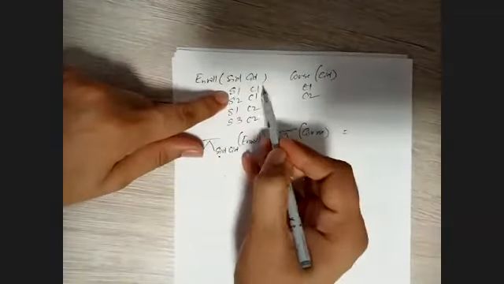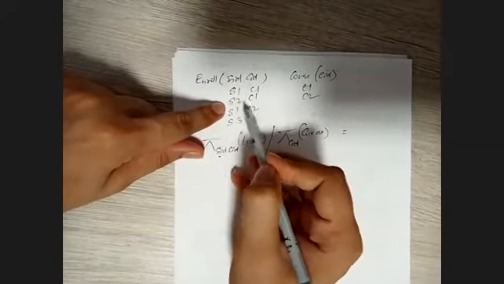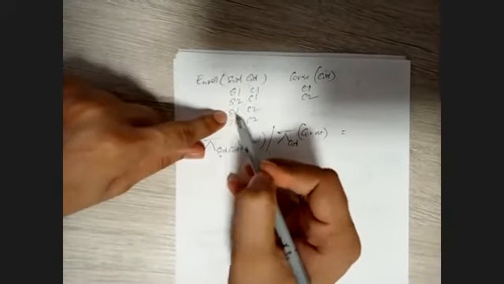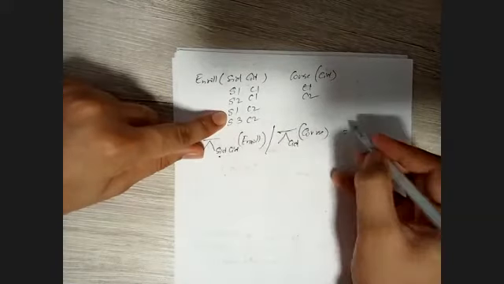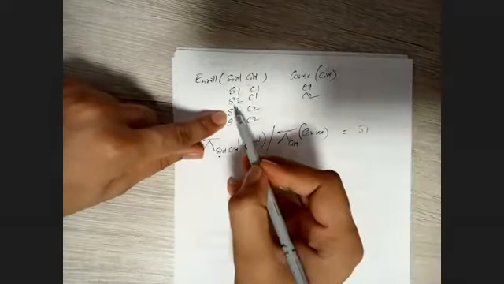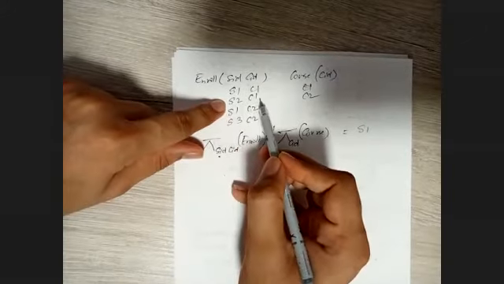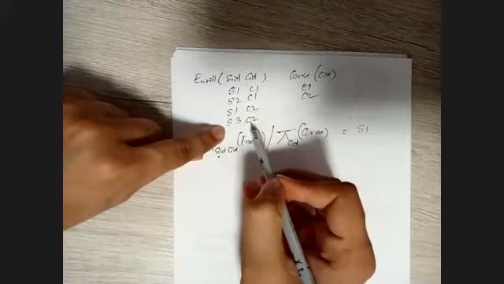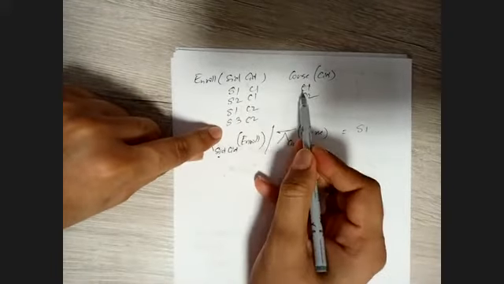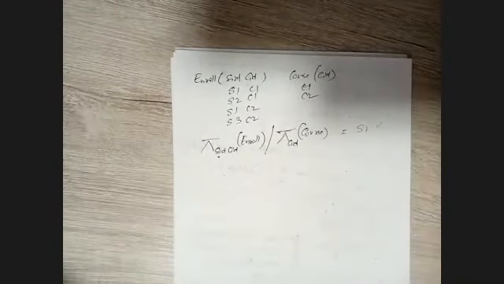So by looking at the table, what should be the answer for this one? S1 is with C1, fine. S2 with C1, okay, fine. S1 with C2 also. So S1 is with C1 and S1 is with C2. So S1 is okay. S2 with C1, but S2 is not with C2. So no. S3 with C2, but S3 with C1 is not. So the answer should be only S1 here, right? So no doubt so far, right?